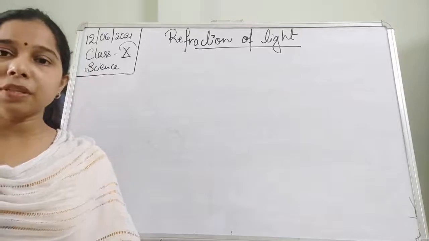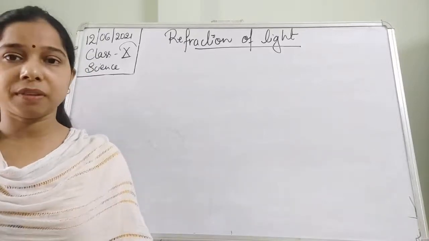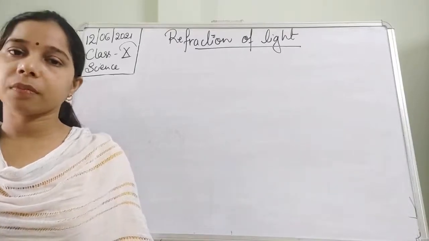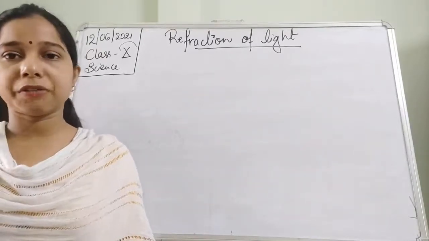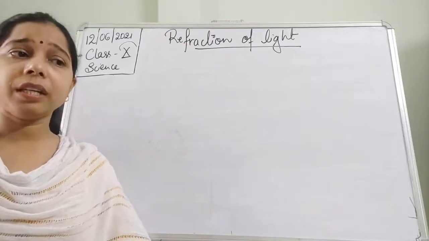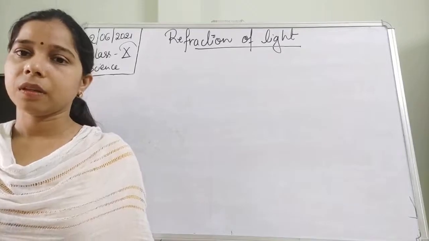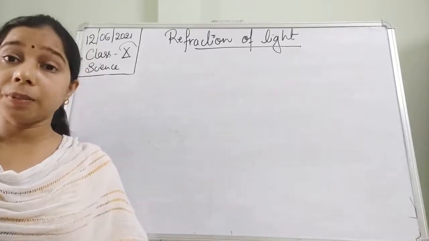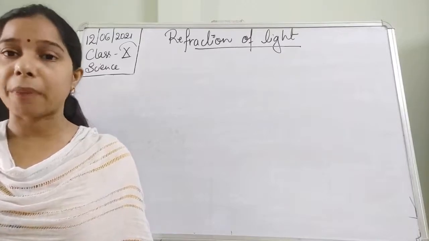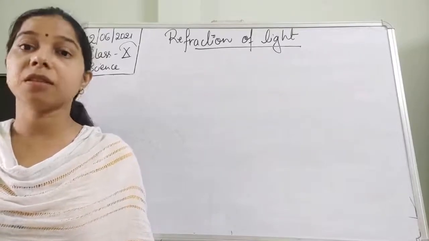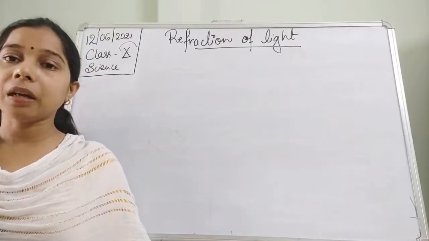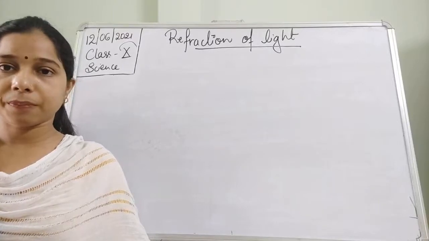So students, in the previous class in the chapter on refraction of light, we were talking about the refractive index. What are the things that we have seen in the refractive index? We have seen that the refractive index actually tells the bending of light. The value of the refractive index helps us in telling that if light is moving from one medium to another, it will show bending, and the bending of the light is the refraction, and the amount of bending will depend upon the refractive index.